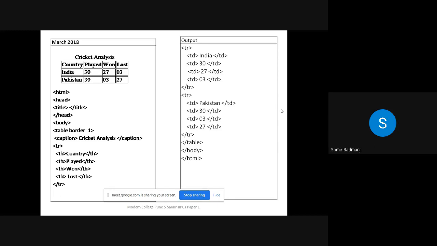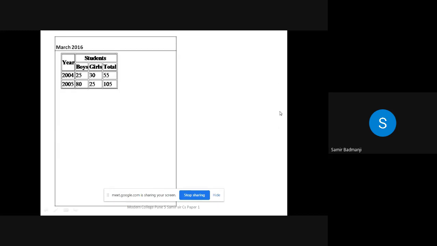So one more example we'll just see. See, this was asked in 2016. So what tag or attribute are you going to use for year? In front of year, how many rows are there?